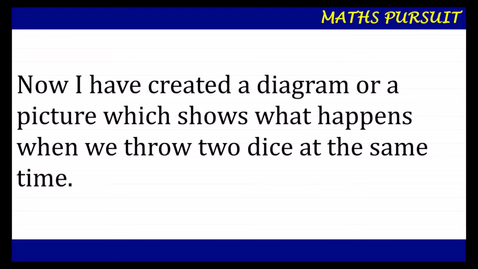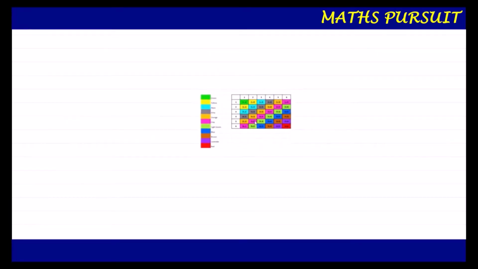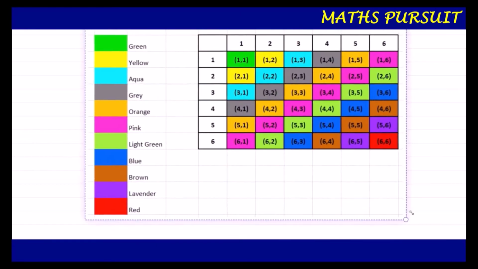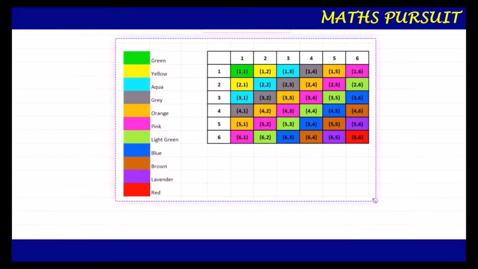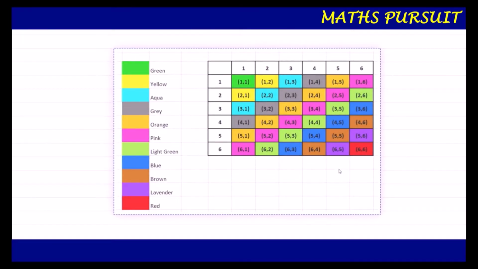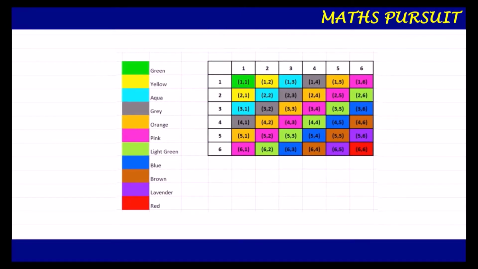Now, I have created a diagram or a picture which shows what happens when we throw two dice at the same time. Now guys, let us look at this diagram. This picture will be more helpful in understanding what happens when we throw two dice. Now, let us look here. If you look at this diagram, you will see that